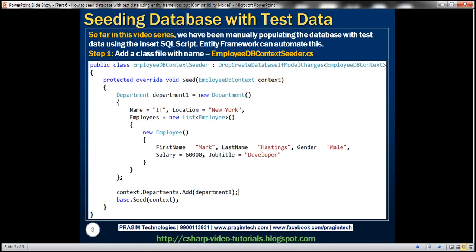So far in this video series, we have been manually populating the database with test data using the insert SQL script. But Entity Framework can automate this for us. Let's look at the steps that are involved. We will be modifying the example that we worked with in the previous session, so please watch part 5 before